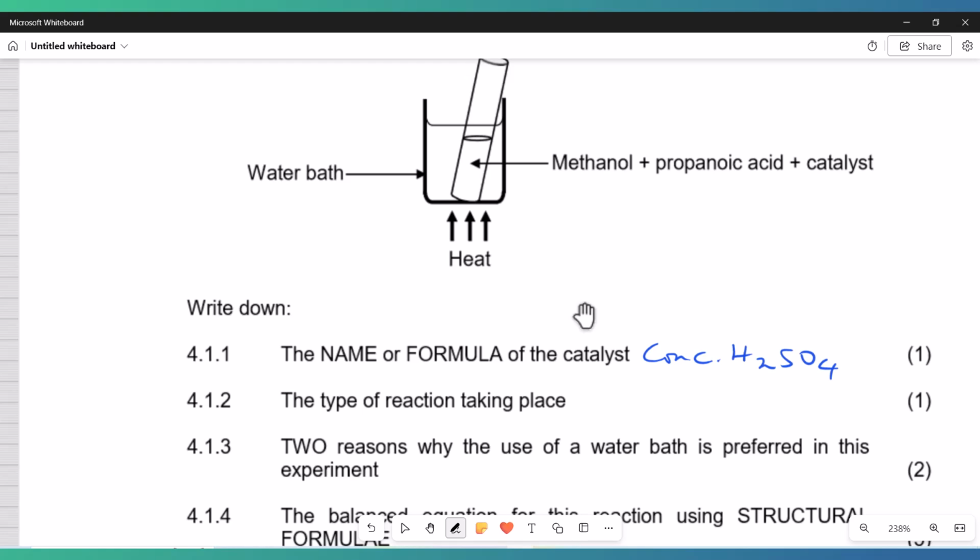Then the type of reaction taking place, we say it's called what? It's called esterification. Esterification here. And then next,